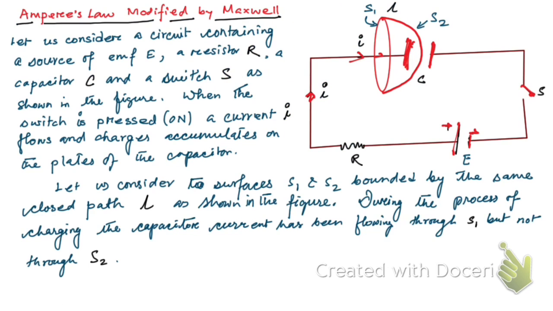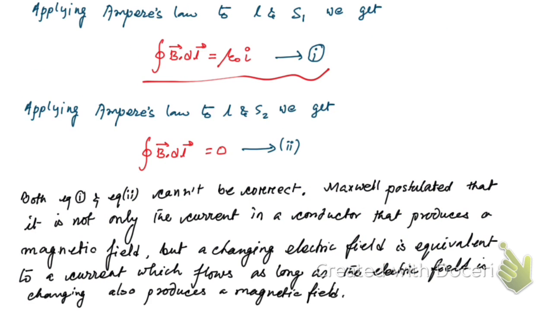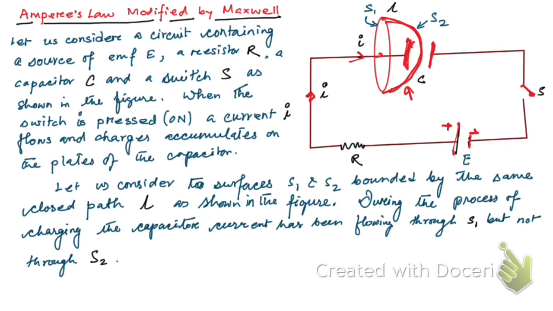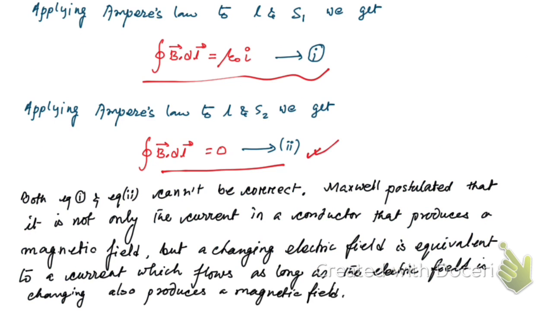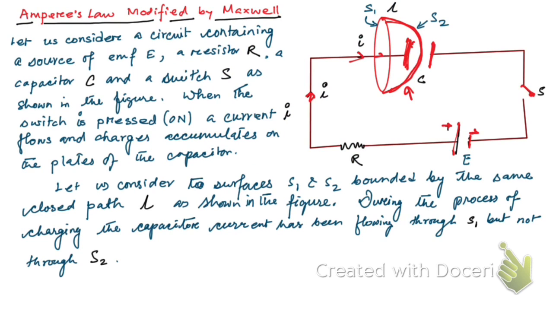And now you see surface S2, as there is no current through this surface, when we apply Ampere's law, it gives equation 2. Here both the equations seem wrong actually. According to equation number 2, there should not be any magnetic field between the two plates,